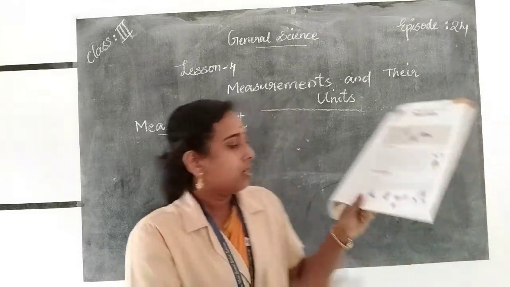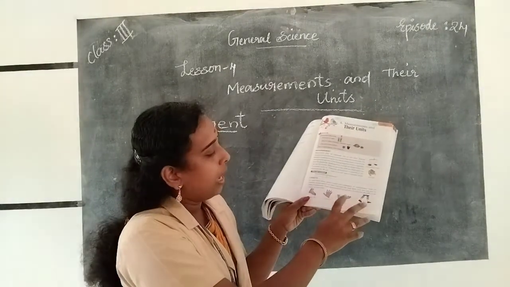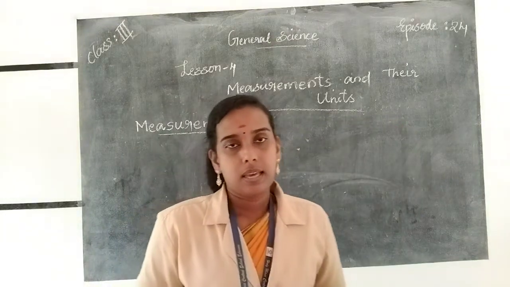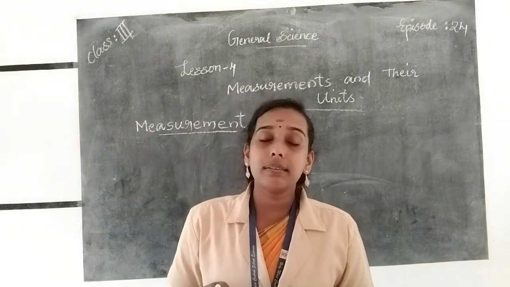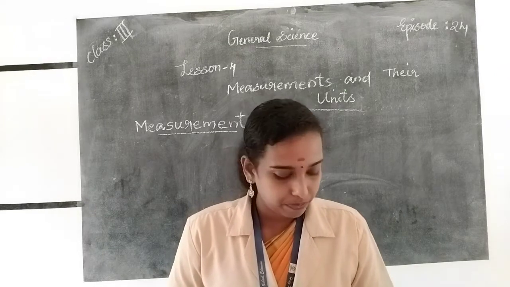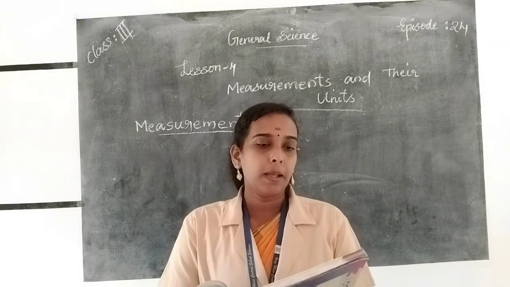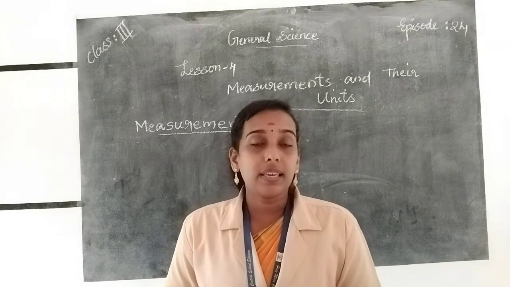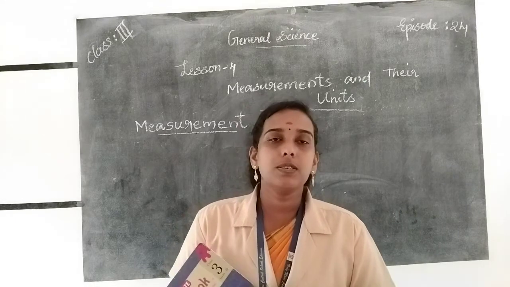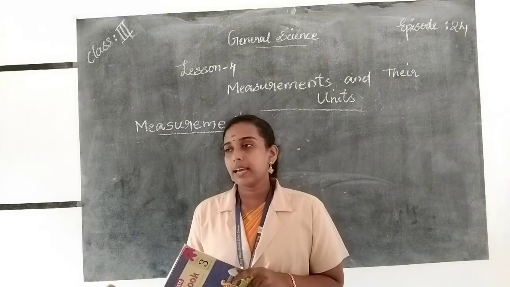And here it's a foot span, a hand span, a cubit, a stride or pace. And these are the body parts that the early man used to measure the length of things. Then take the next page. The size of each hand and foot is different. So the size of each hand and foot is different, which means the size of hand and foot in different